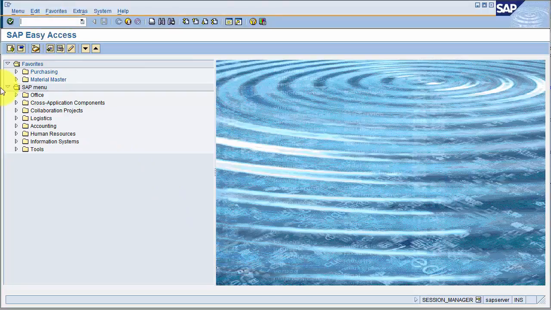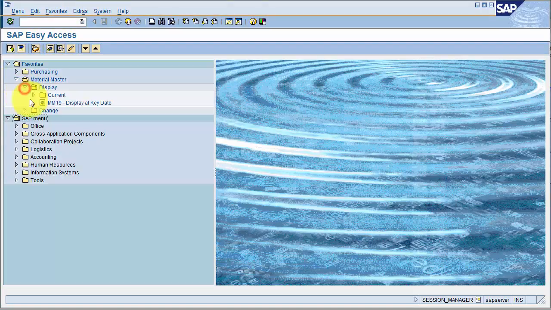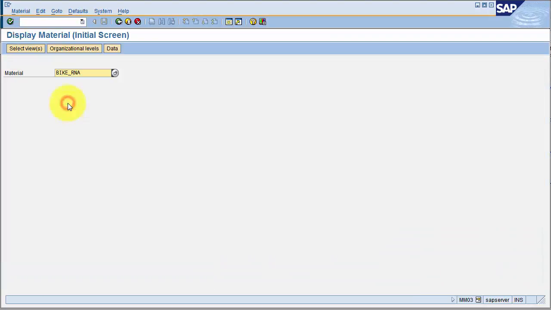So for that, we are going to go to the material master, display, current. So we are going to display this material. This is a material I have created before. And we are going to see here how we could select the data we want to see depending on the